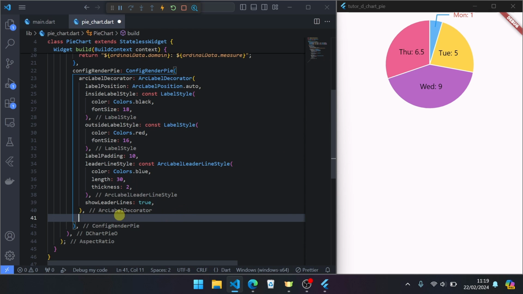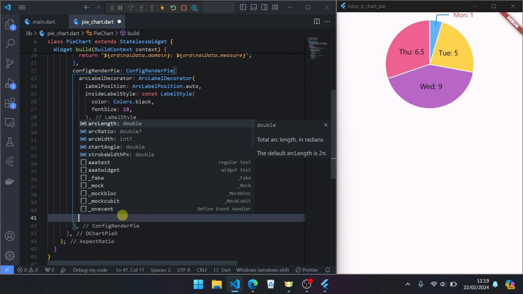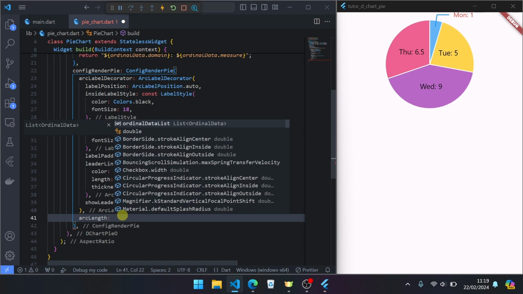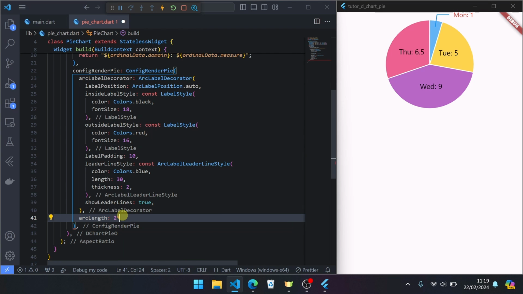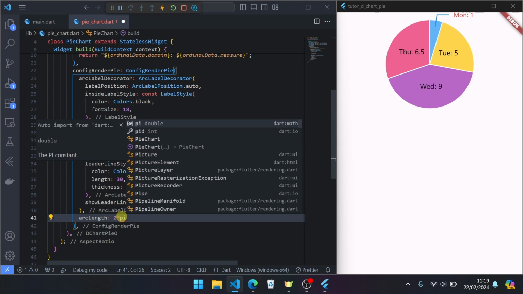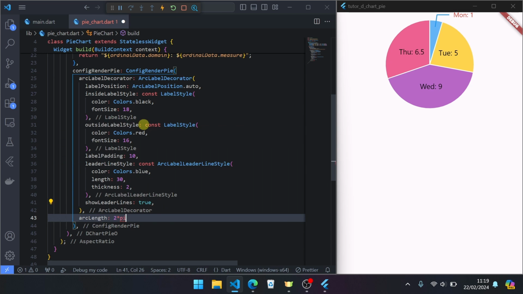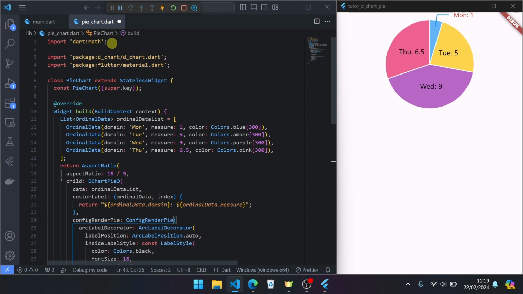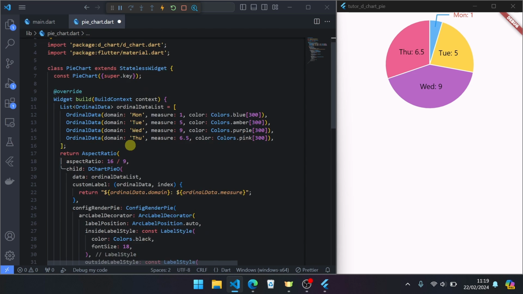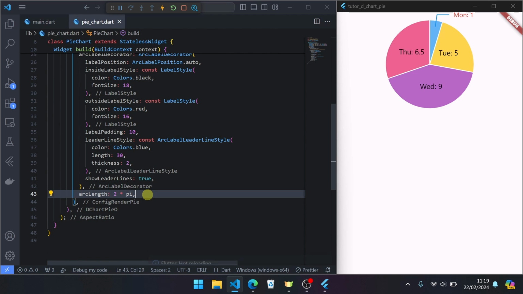We start from arc length 2 times π. π is from dart:math, so you have to import from dart:math. Save. This is the default.